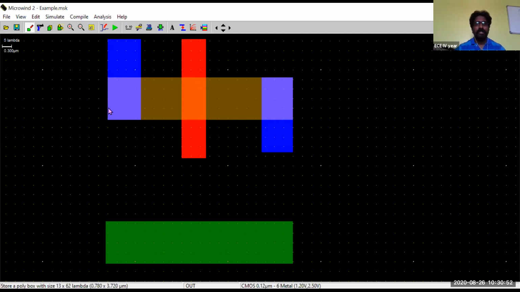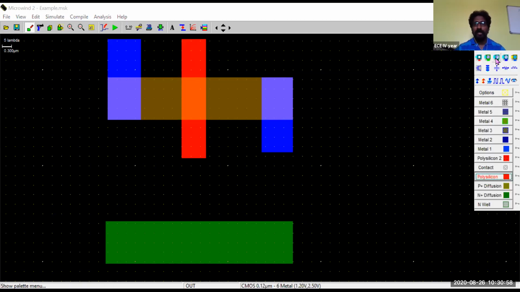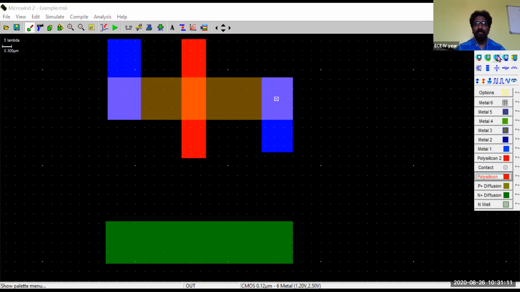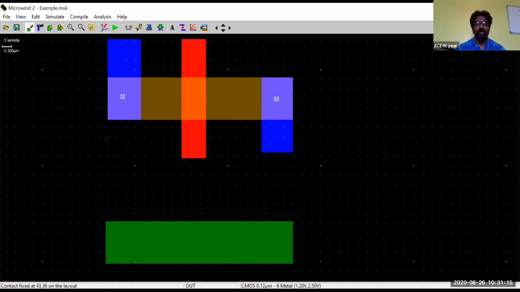In order to make it a complete PMOS, we should make a contact here. Why? Because this is polysilicon, and this is a metal layer. Make an appropriate contact. Go to the P diffusion and metal contact. Click it on this P option and make a contact here. Now this is the drain terminal of your PMOS, and go to the P diffusion and metal contact and click it here. So now this is the source terminal of your PMOS.